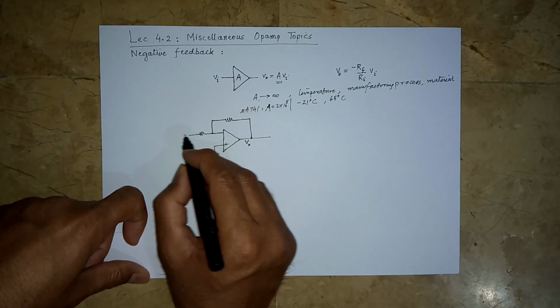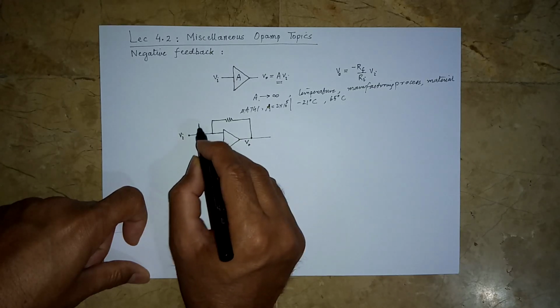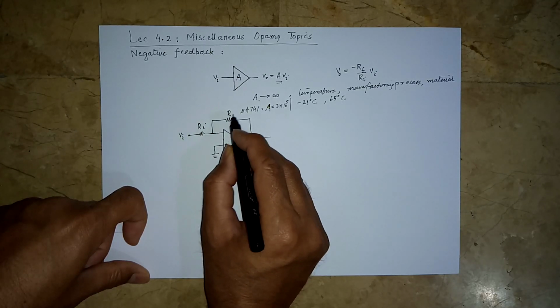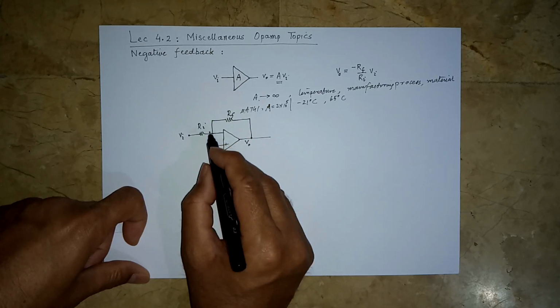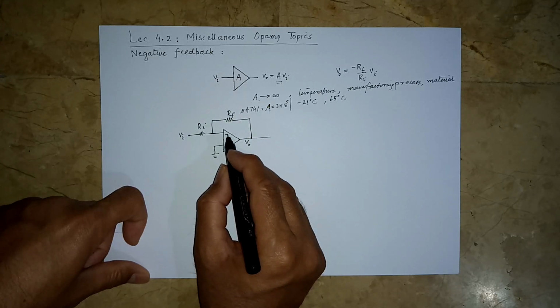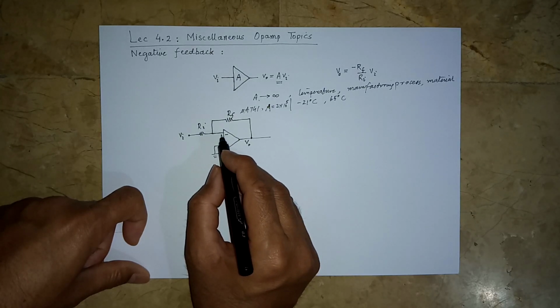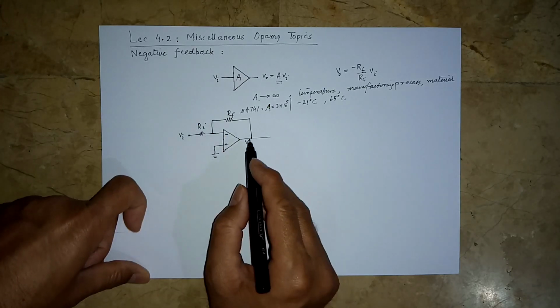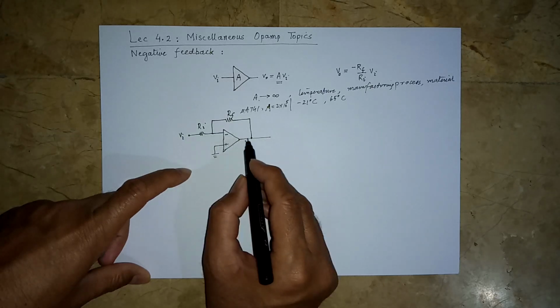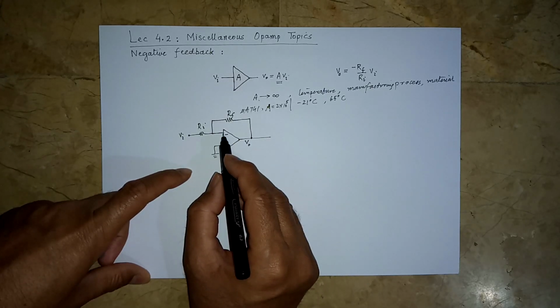So there is this input signal as well, and then there is a part of the output coming to the input as well, and this is always connected to the negative or the inverting input pin. That is why it is known as negative feedback,